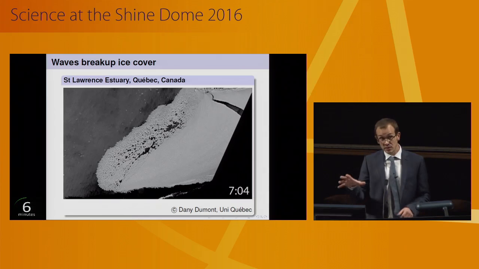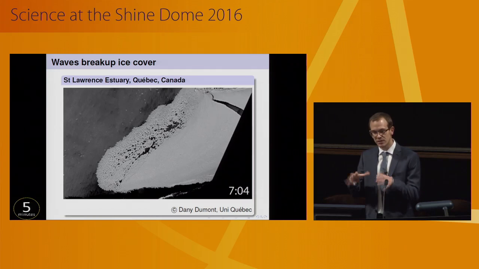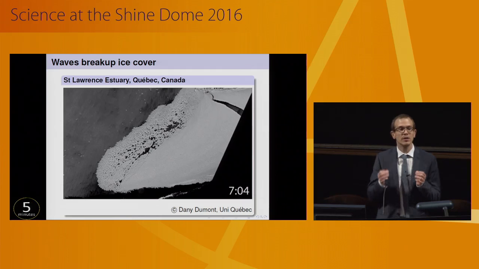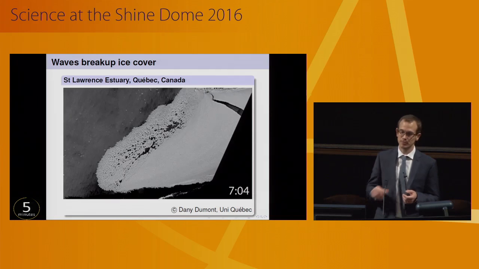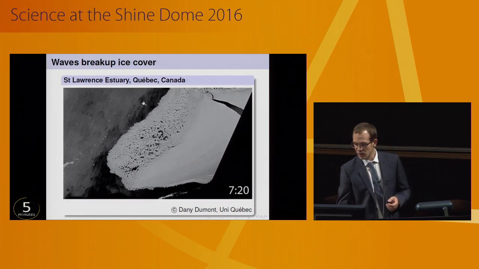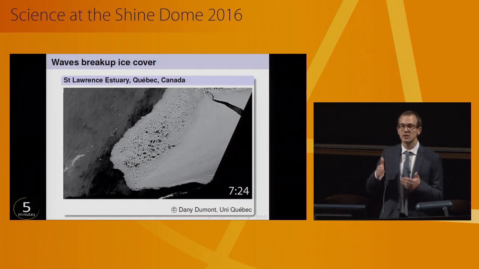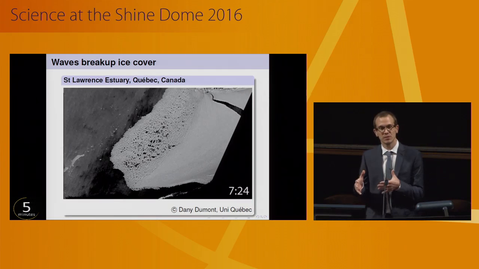The white is the sea ice. The grey on the left-hand side is open water. There are waves from the open water impacting on the ice cover. It's causing it to bend and flex and breaking it into smaller floes. The breakup only occurs in the vicinity of the edge because the ice damps the waves. And what we see is that over the course of minutes, the front of the broken ice is propagating deeper into the ice cover.